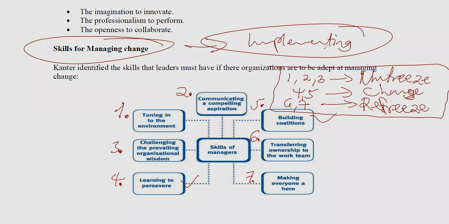You can merge these two and make the other three; it doesn't really matter. So when you challenge the wisdom, you communicate a compelling aspiration, and you learn to persevere, even if there are failures. Then you build coalitions with people, and you transfer the ownership of the change to the work team instead of taking credit for yourself. Give people credit where it is due, and make everyone a hero by rewarding them,